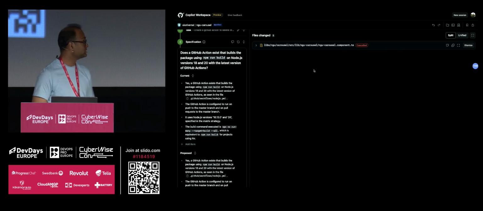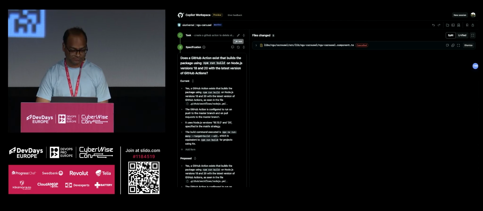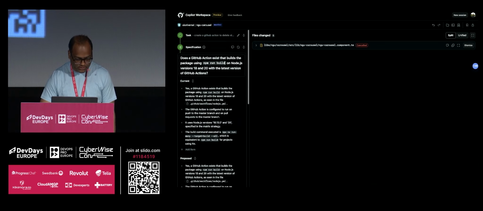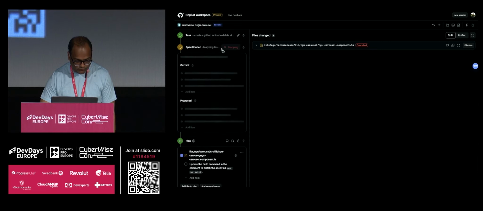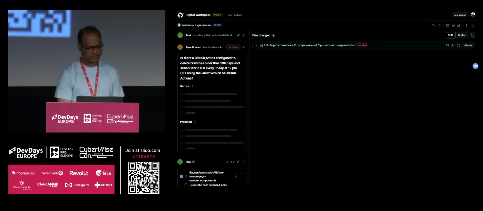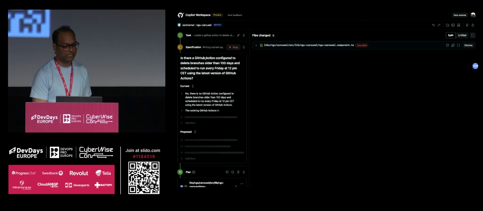It actually canceled the previous task now, which is nice, of course. Let's say this is save, and yeah, it will start generating the specification again. It's trying to see if there is any action which exists.